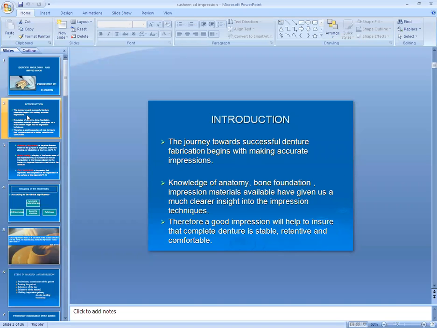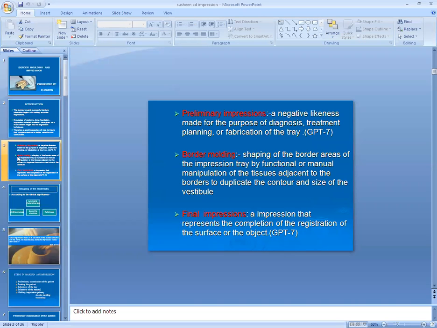Now, what is the definition of border molding? It is the shaping of the border area of the impression tray. It is a tracing of the border area of the special tray, the customized cold cure tray, by functional or manual manipulation of the tissue.